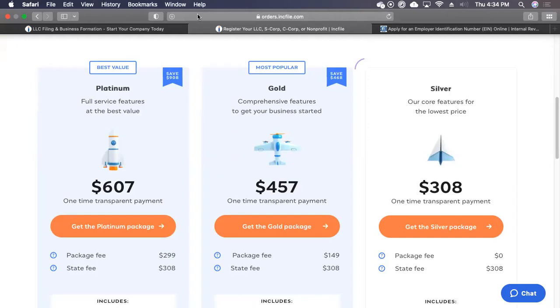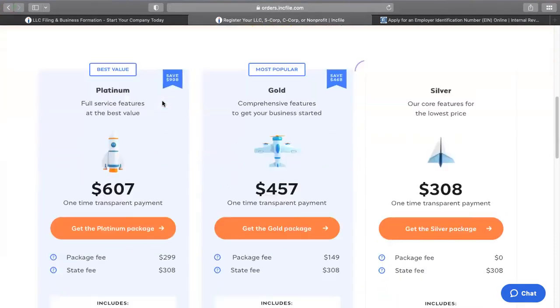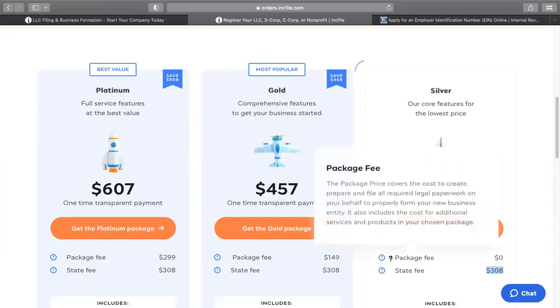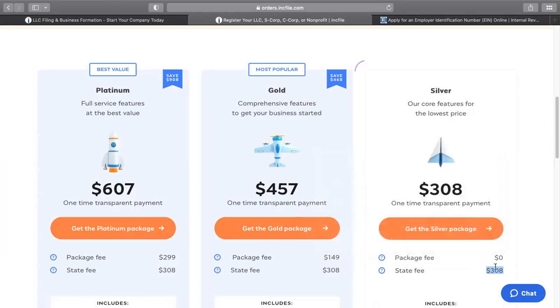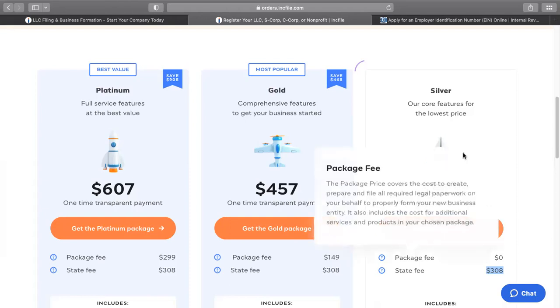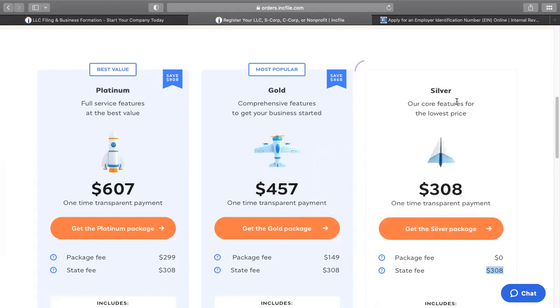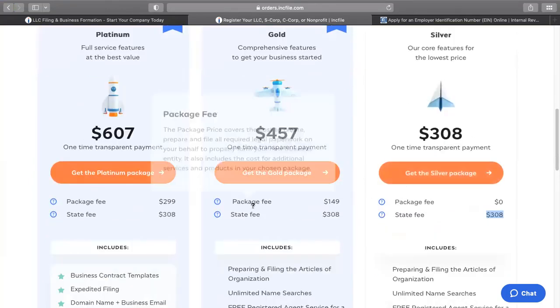So basically what you would do, you would choose your package, and the state fee is $308. So that's what you'll be paying for an LLC each year. This is actually each year that you have the LLC. You get it created, but you still got to pay the fees. Each year is about that same price. So I do recommend taking a better look and see what's best for you. And then that's actually free. So eFile will allow you to create your LLC for free, and you just pay the state fee. Each of the other packages has its own benefits.